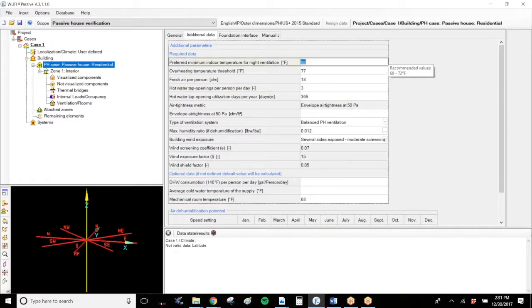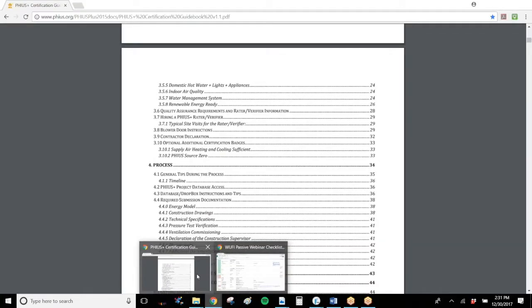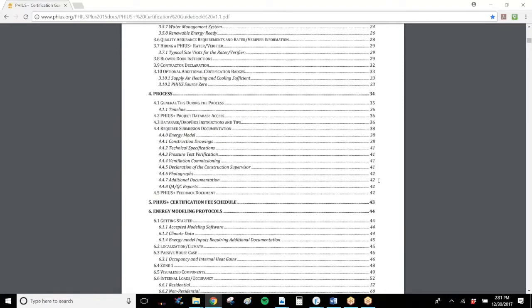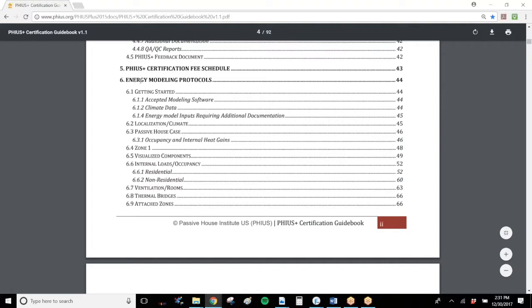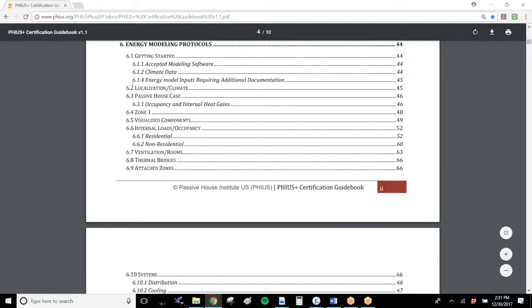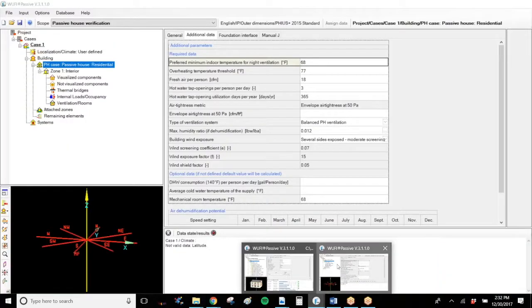When filling out a WUFI Passive file, especially for the first time, I highly recommend following the certification guidebook. In the certification guidebook, section 6 is the energy modeling protocols. You'll see there's different information about how you get started, but after that it follows the exact branch structure of WUFI Passive. So here we would be in Passive House case, so page 46,